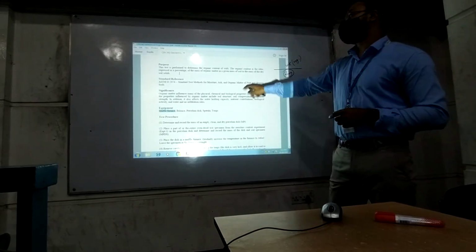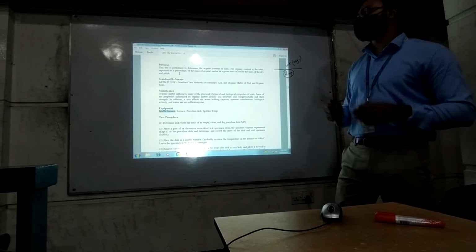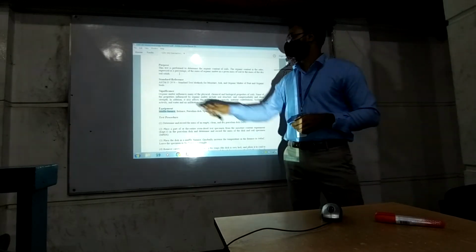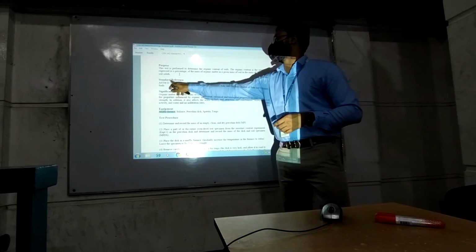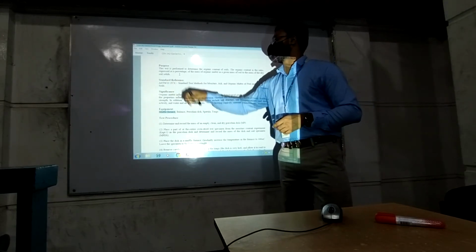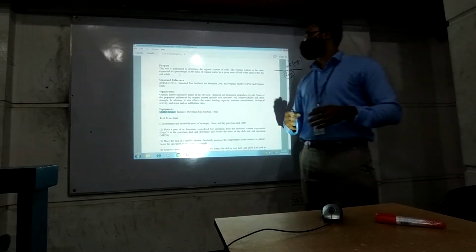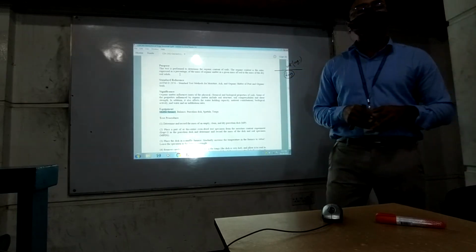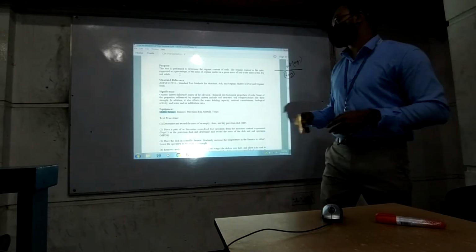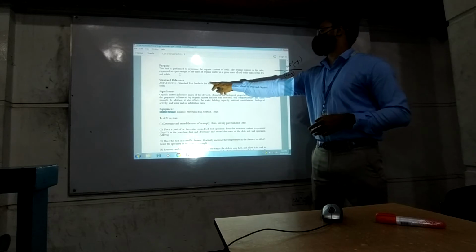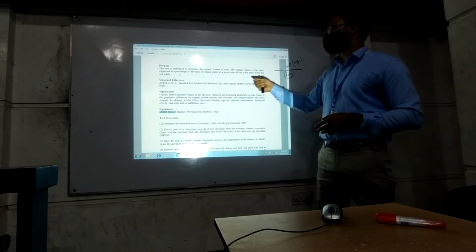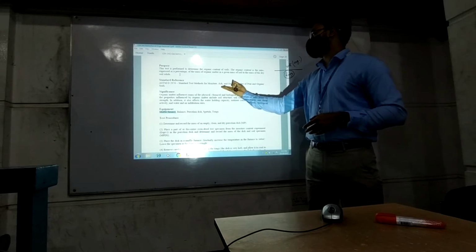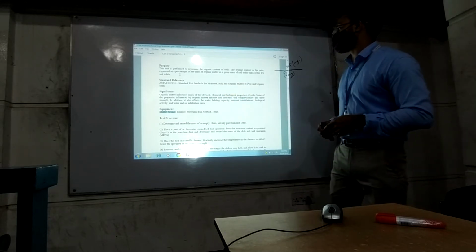Now we will know what the standard reference is. For conducting this test, we have to follow ASTM D2974, because in this code they already mention the basic requirements for this test, for moisture, for ash, for organic matter, and peat. So basically in this test we will have moisture, we will have ash, we will have organic matter.